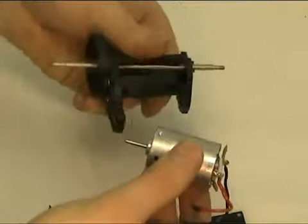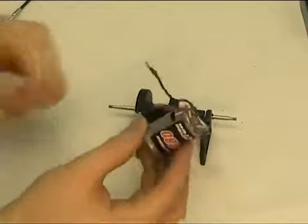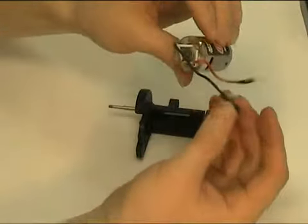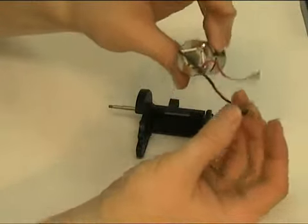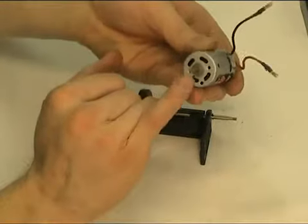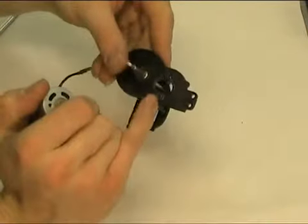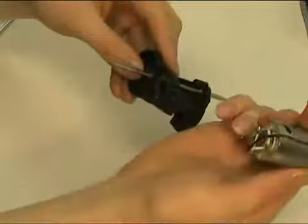And the motor comes away from the mounting. So on the motor, just note that one of the wires, the black wire, is always longer. And then that side of the motor needs to point downwards when we fit it. And on the front, you'll see there are two holes opposite each other, and that's where we're going to be mounting in here. So with black wire down,